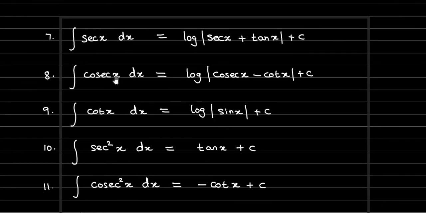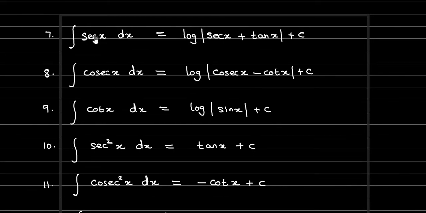right formulas. And remember, if it is secant power 4x or secant cube x that is given, you have to do some simplification to bring it to the standard result. So there you should not use the same formula. If secant cube is given, then writing it in the same way is wrong. You should not write it that way. And if it is only secant x, you have to use this formula. If it is only cosecant x with no power, then you have to use this formula. If secant square, you have to use this formula.